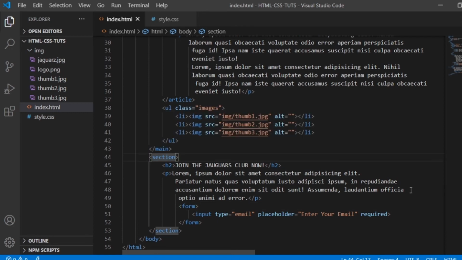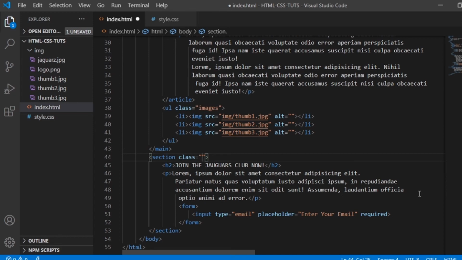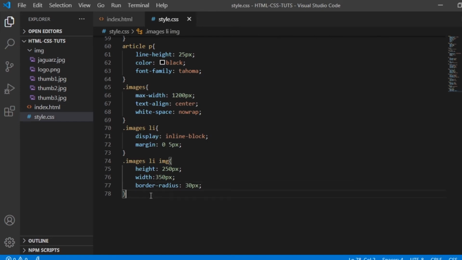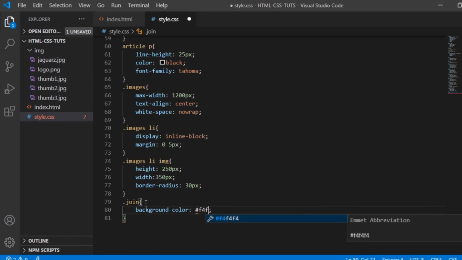on the CSS. But before that, let's create a class for this section. So let's say for example join, and then let's save this, and let's go here to our CSS. Okay, so let's design first the join class. Okay, so that join, and then let's create a declaration. So the background color, let's say for example the background color is if4, then let's align the text center, align text.